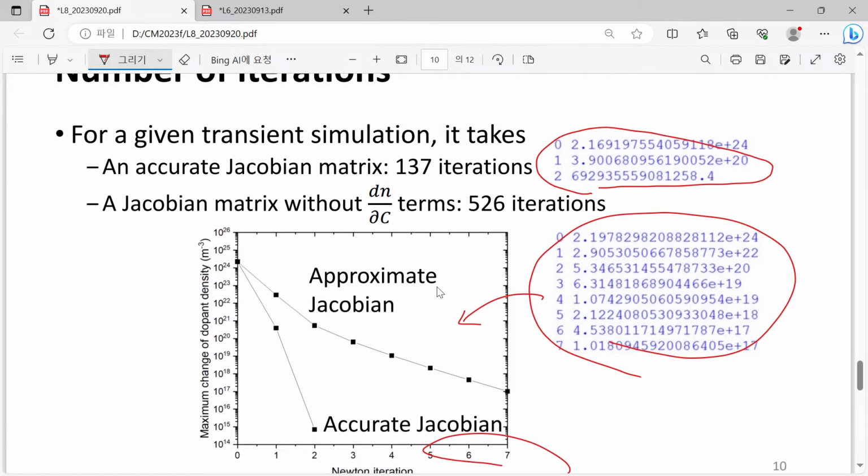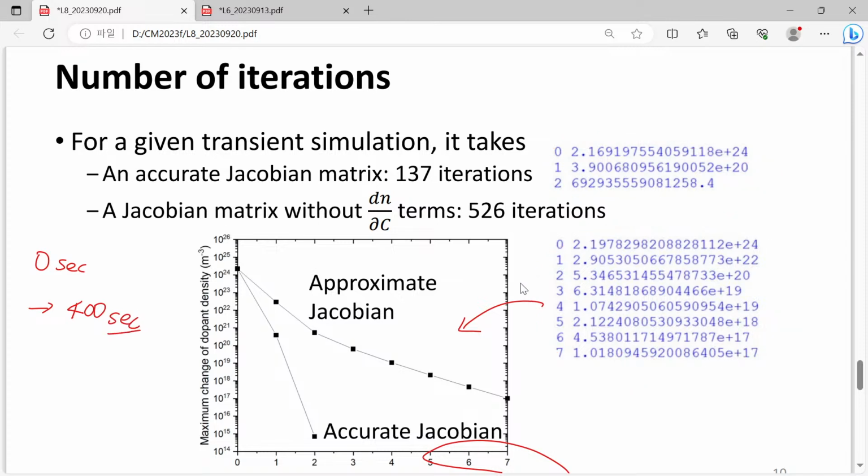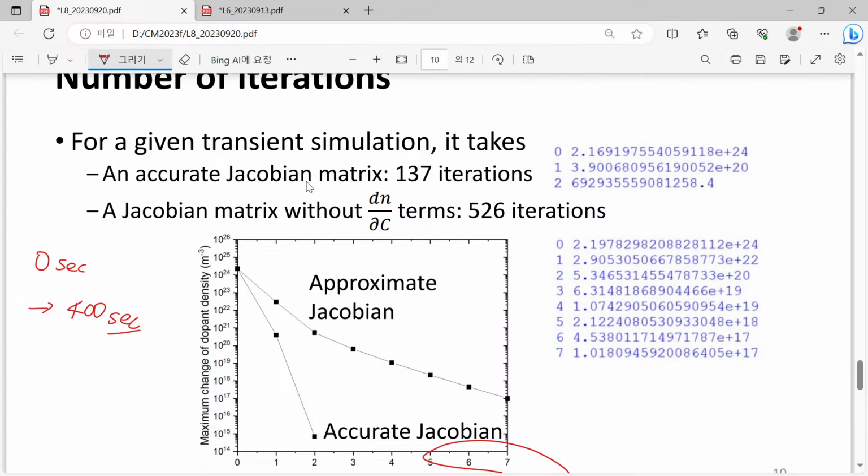I start from 0 seconds and end at 400 seconds. So I have counted just the total number of Newton iterations required to get this time transient solution. If you do it accurately, it takes just